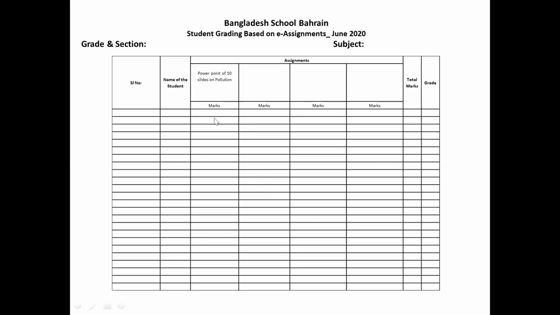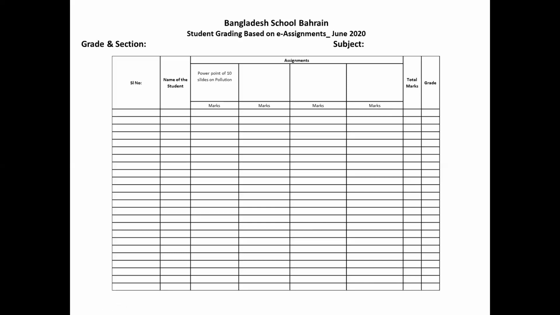If they have submitted and you have already marked them, you can directly mention the marks. If you haven't marked them and you have received what the students have submitted, you can just put ticks and share this in the WhatsApp group with students so that they can know whether the teachers have received what they have submitted or if they have some submissions pending. So they can focus on the assignments which are important and get it done before 24 June.